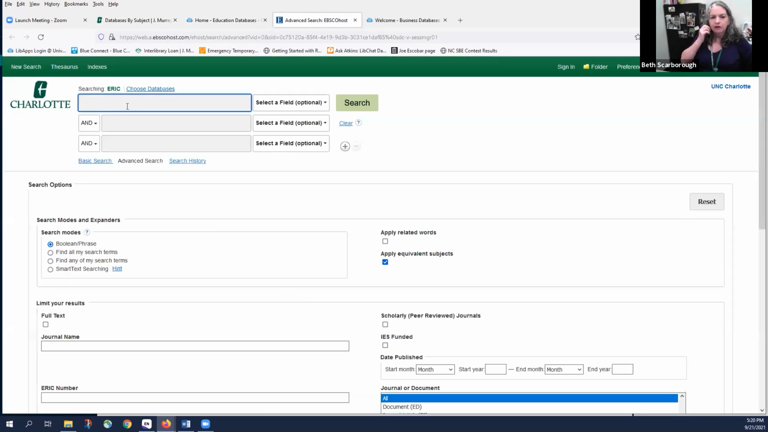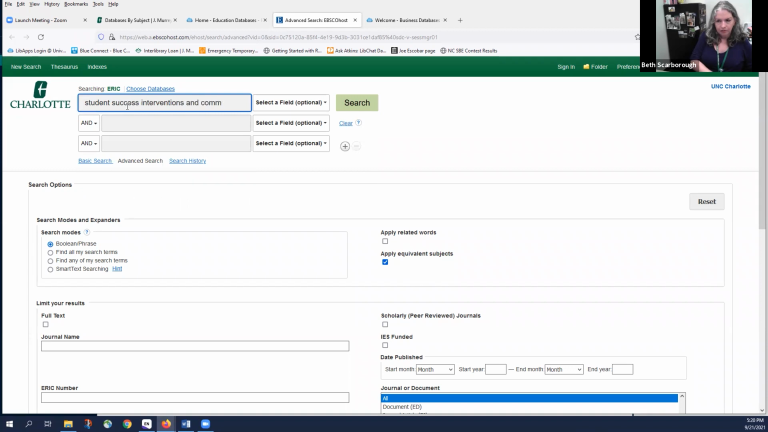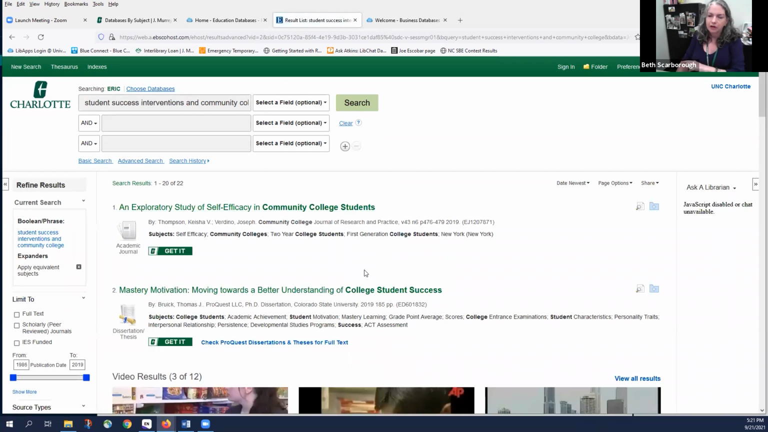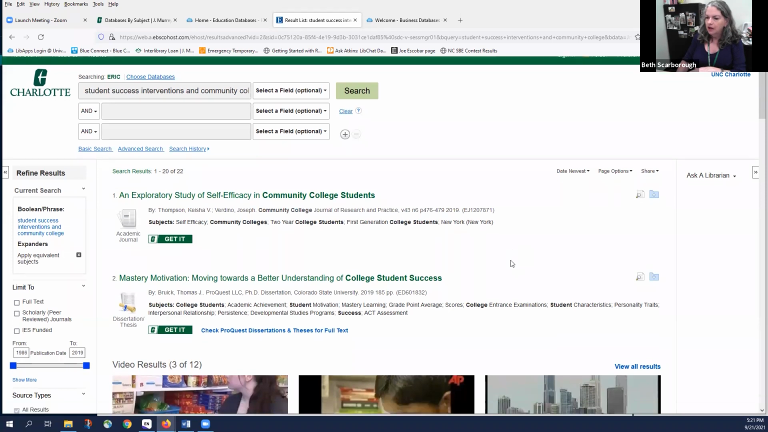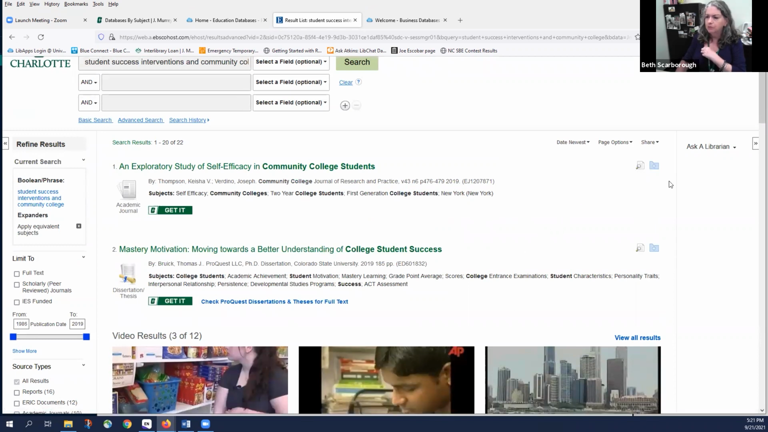And I'm going to, let's try this, student success. I don't know what we'll get, but we'll see. But you can go in and put in your own search parameters. So this gave me 22 references. And one way that you can get the references into your EndNote library is to go,